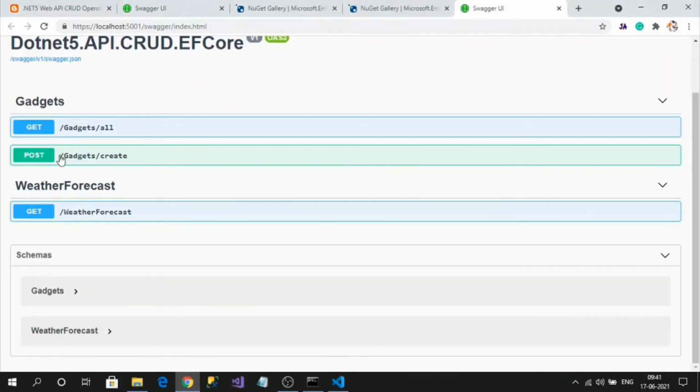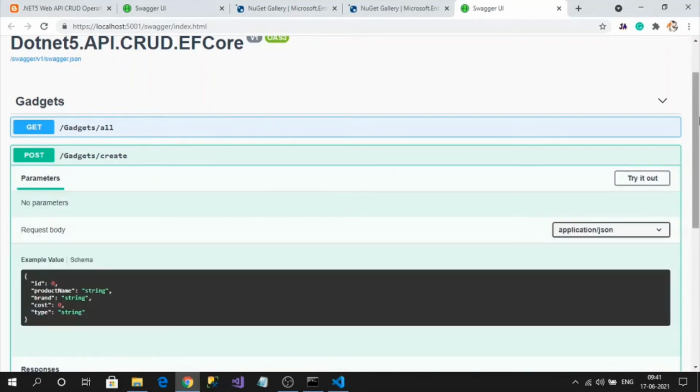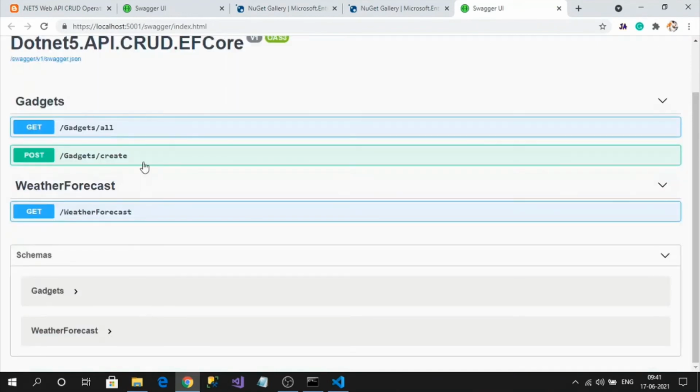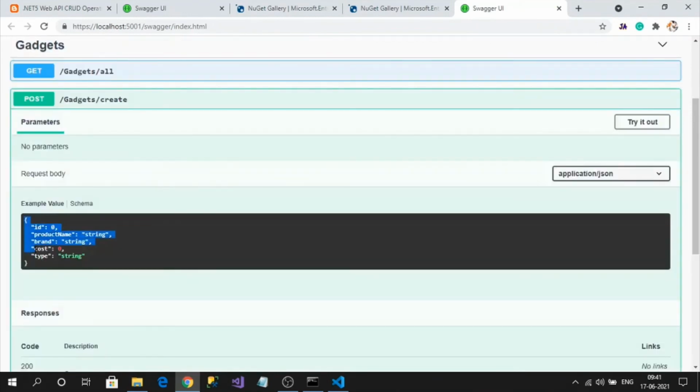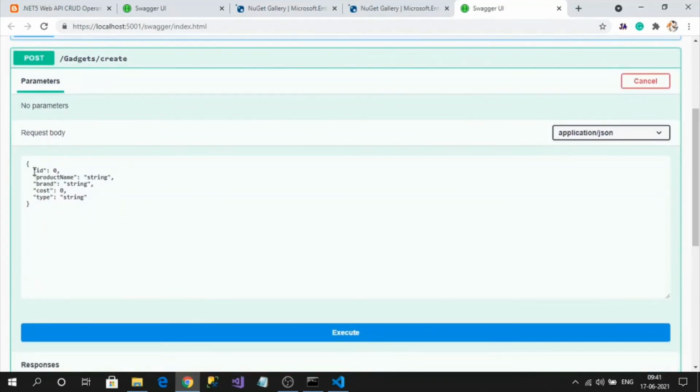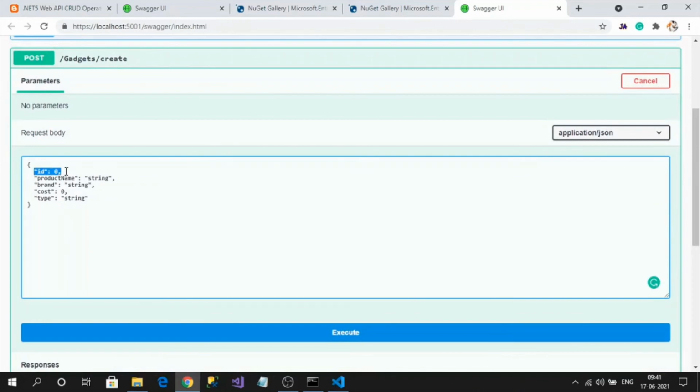And now you can see our new request is appearing here. So first, I will click here. This is the query and this is the request body. This is the payload we need to send to the server. So let's test it. Try out. When you click on try out, we don't need to specify the ID because the ID will always be zero whether we send it or not.